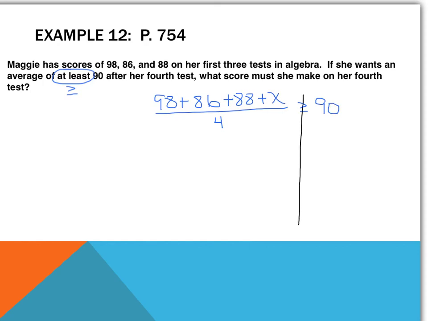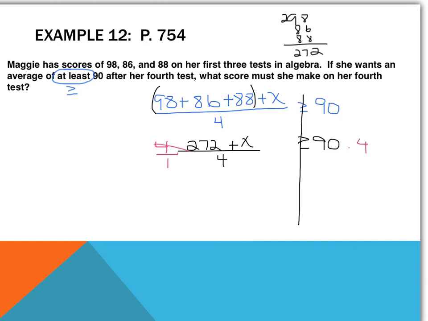Alright, so now we will solve this inequality. So to solve it, we're going to simplify first, so I can combine the like terms in the numerator of 98 plus 86 plus 88. Okay, so that's 272 plus x divided by 4 is greater than or equal to 90. Alright, so now remember, if you have something divided by 4, to cancel that division, we're going to multiply by 4